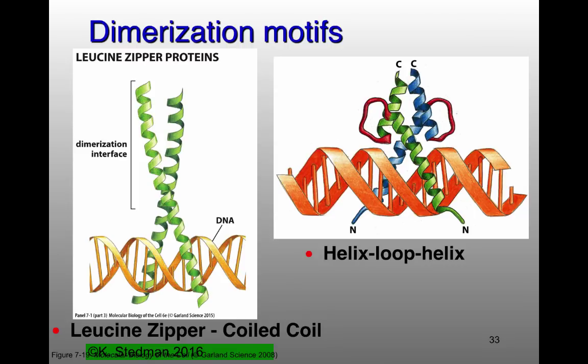So dimerization motifs, and a great point in sort of, I think, leading into that, is that you actually can, in many cases, and this is particularly true for eukaryotic DNA-binding proteins, mix and match different monomers to get dimers. Now, how does that mixing and matching take place? The vast majority of those are really two basic kinds of motifs.